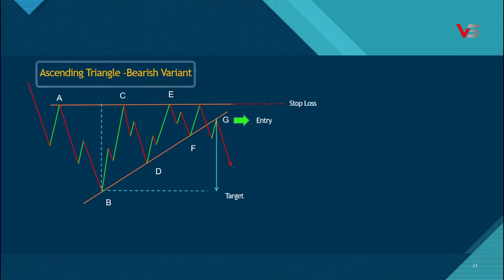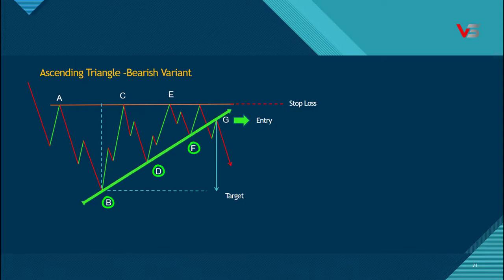This is the ascending triangle pattern for the bearish variant. We can ask how this triangle pattern is a bearish variant. Like the bullish variant, the bearish variant is also determined by how the pattern forms. The following two conditions will determine the bearish variant. Number 1. The opening movement of the pattern should be a bearish move in a downtrend. Number 2. Breakout of B, D, and F, which are connected through a trend line. If condition number 1 is satisfied, the breakout will happen on the downside only, which means 80% chance for a downside breakout. Also there is a 20% chance for an upside breakout.